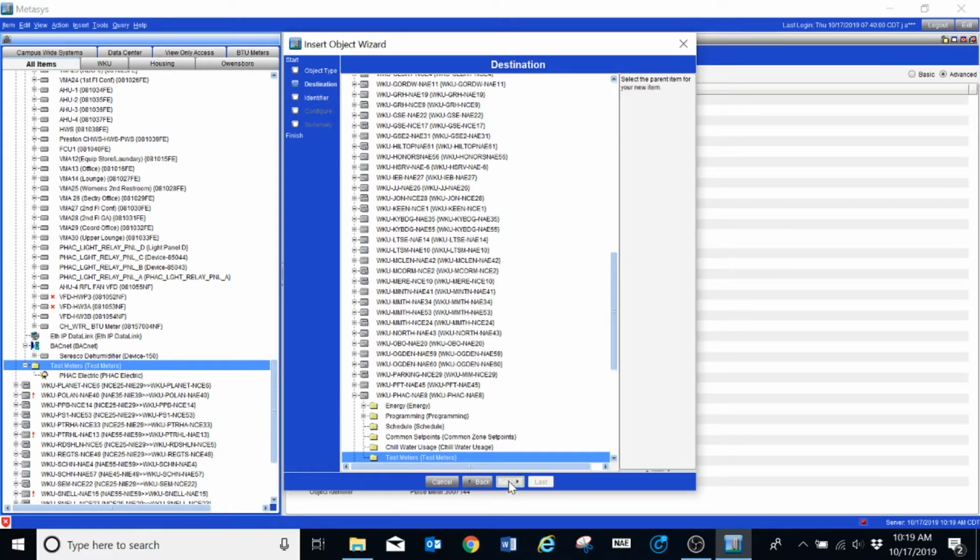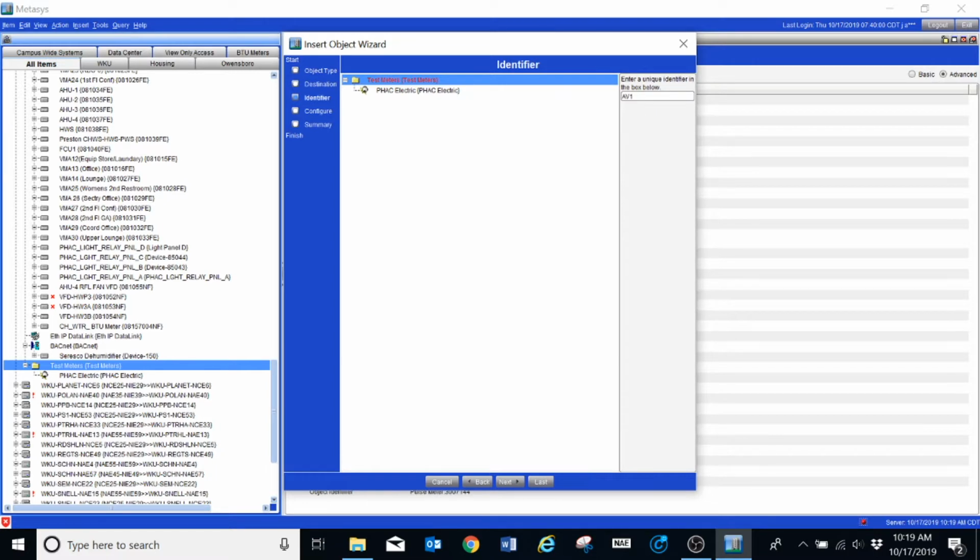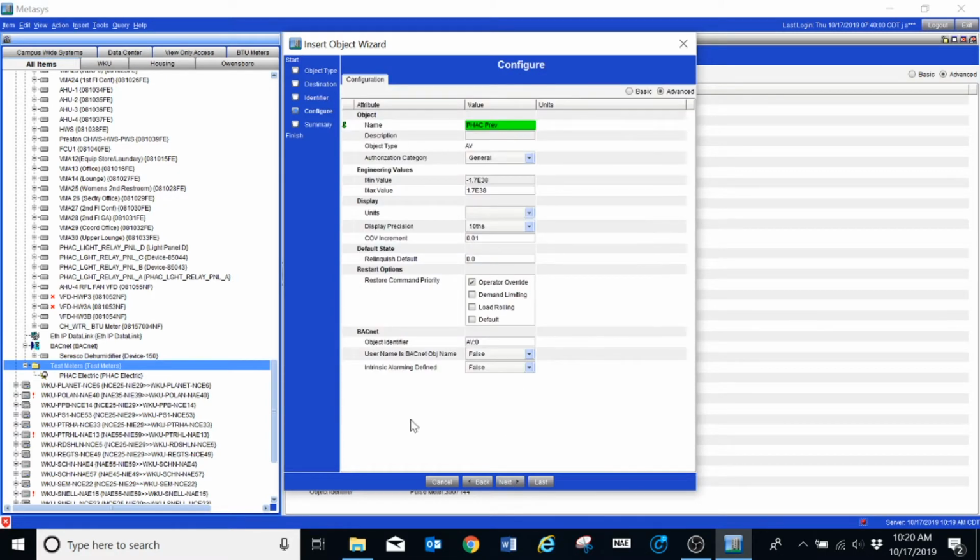So I'm going to hit Next, and then I'm going to give this a name. Since I want to capture the previous month's consumption out of this particular meter, I'm going to name it to correspond with the building, and then I'm just going to type in previous pre-REV just for an example here, and then I'm going to hit Next, and this is going to bring me to the configuration screen. From this screen here I can add a description